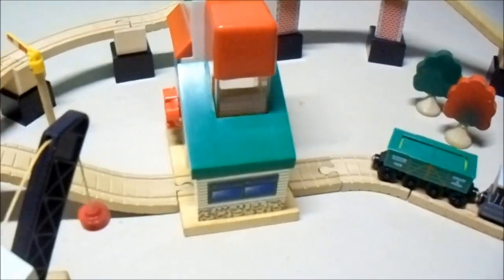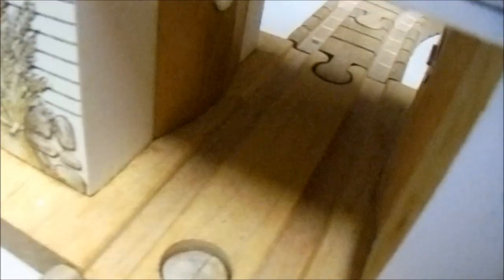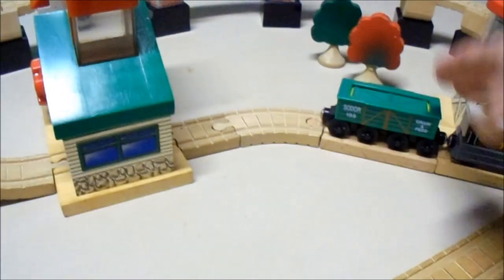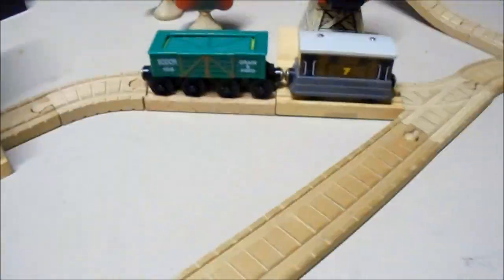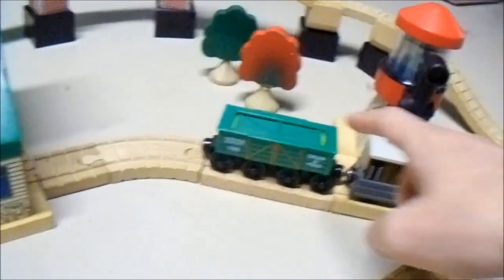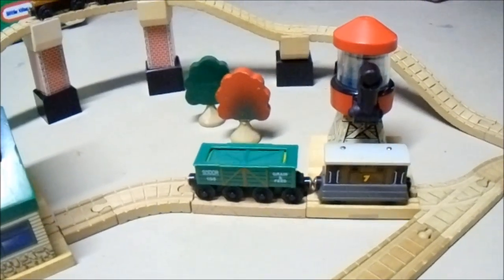So that's pretty interesting. Now, the way that it works is that there is a couple of magnets inside of the grain loader. I'm not sure if you can see them. Ah, there we go. Yeah, there's one magnet, and there's another one on the other side. That is how it works. The grain car, by the way, is mostly plastic, with the exception of the chassis. But I think there is some sort of magnet inside of the grain car which reacts when you push it